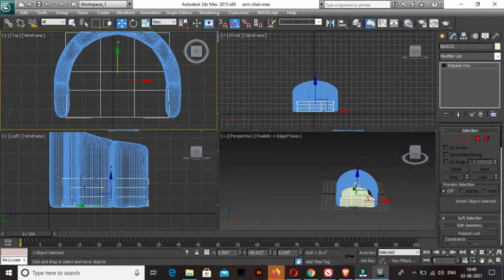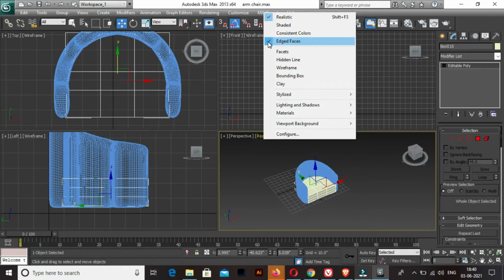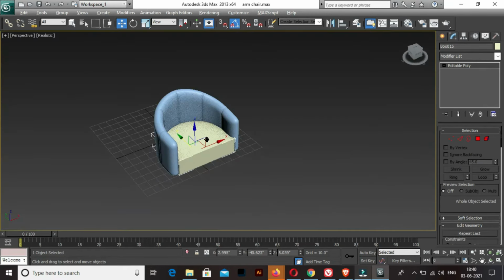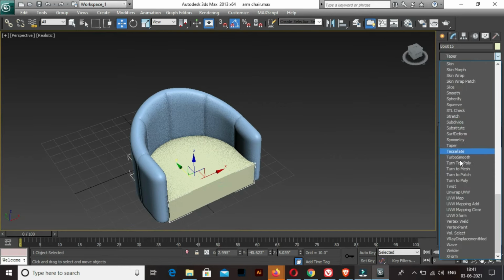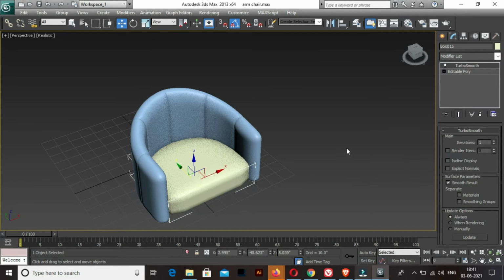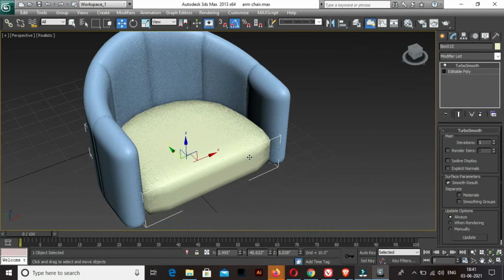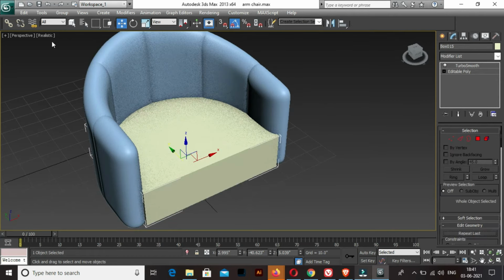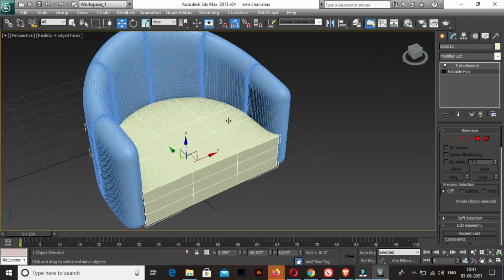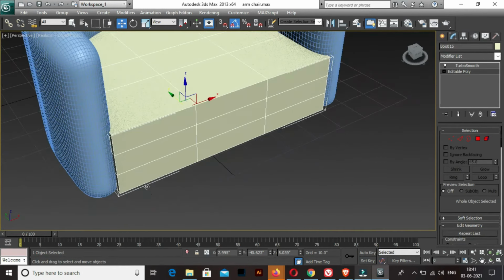So now and now again I'm going to apply Turbo Smooth to this particular box. So again, this has given a nice kind of look. I think I'm going to use some more segments.